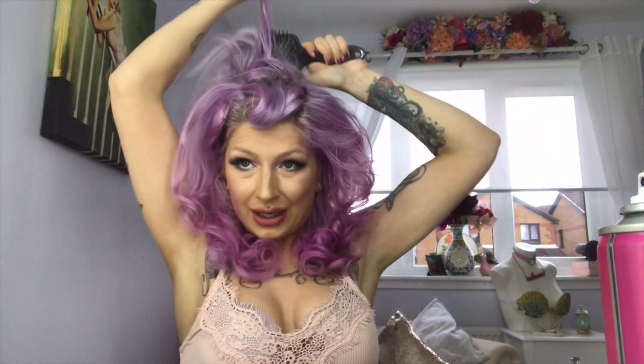To give the curls a little bit of lift. And again, make sure you're doing the back. Give that a little spray, leave it to set. With this one,